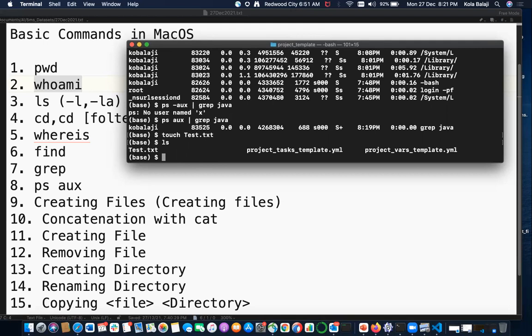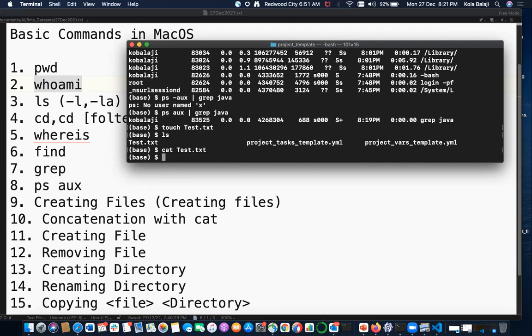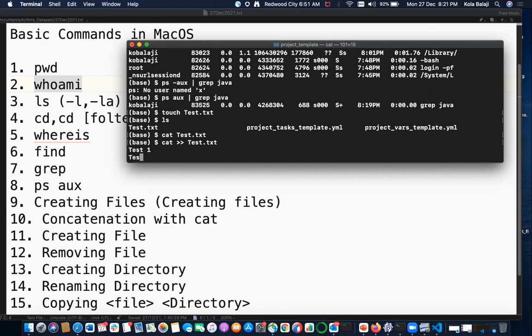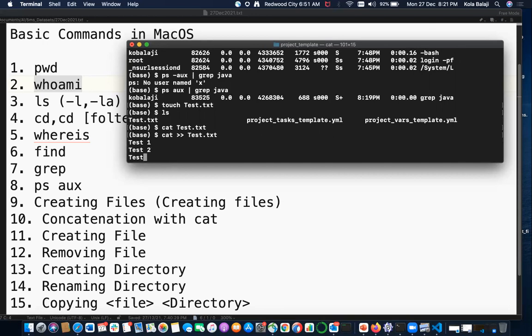Okay, test command using touch.txt. The same way, if I want to write anything on this text file, if you see this text file, cat, if I want to see whether there is anything on this text file, then nothing is there. If I want to concatenate something, meaning append data, or store any information on this text file, just use cat with redirection symbols and give the file name. Okay, just start writing. Okay, test1, test2, test3.